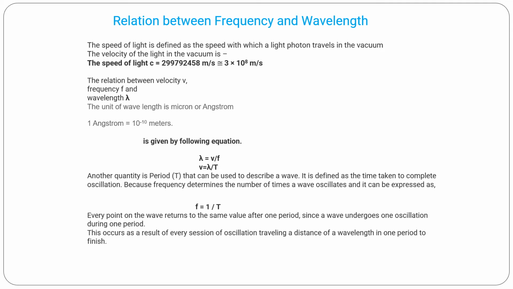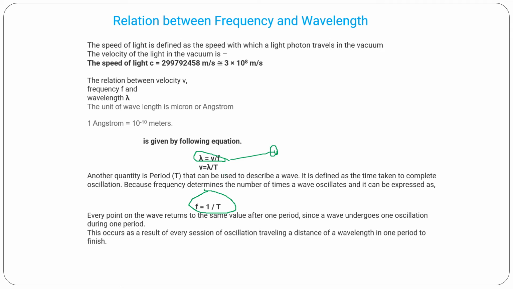So this is the equation that we have to derive. Lambda is the wavelength, so we can say this is equation number 1. Lambda is equal to what? Velocity upon frequency. This is the relation between the frequency and the wavelength with respect to velocity. Here you can say speed. Now we know that frequency is equal to 1 by T.